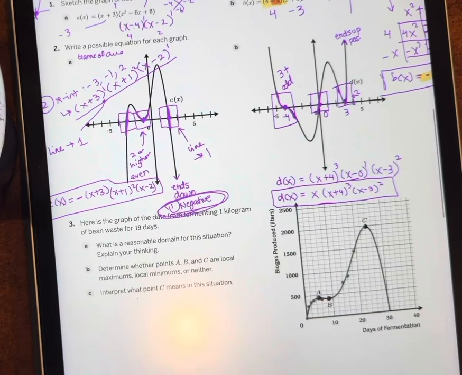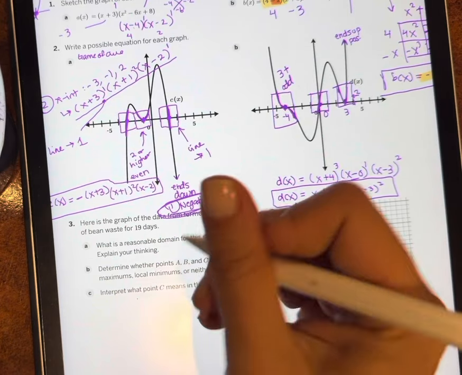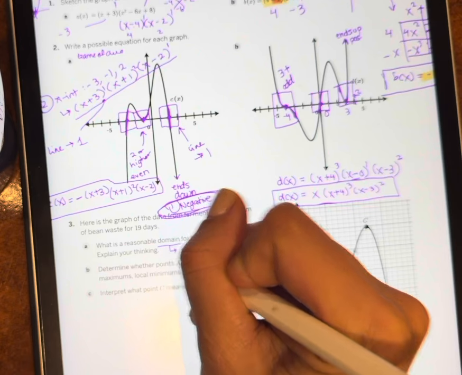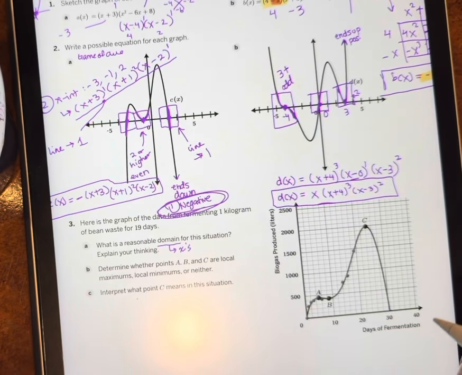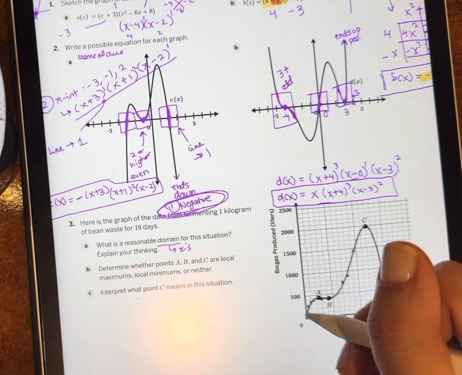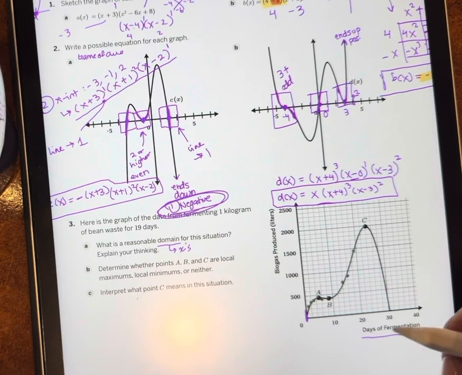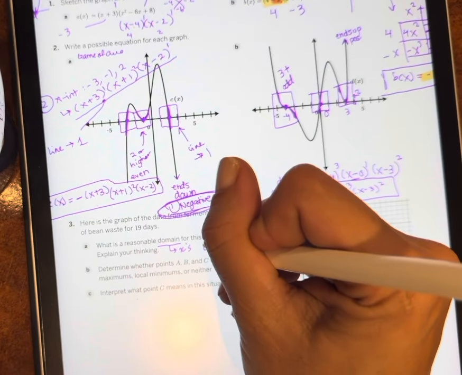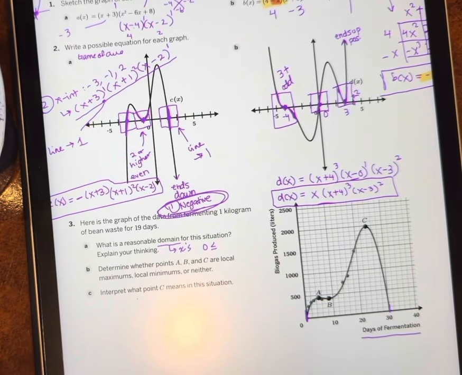Here's a graph of the data from fermenting 1 kilogram of bean waste for 19 days. What is a reasonable domain for this situation? Remember that domain means x's, and my x's is days. And in this graph, I start from 0 days and go on to 30 days. So I would say that a reasonable domain is between 0